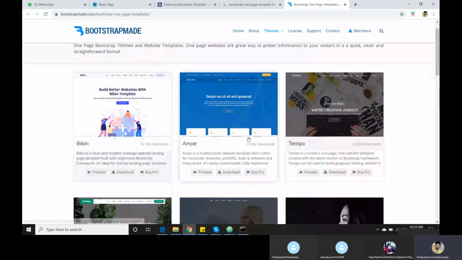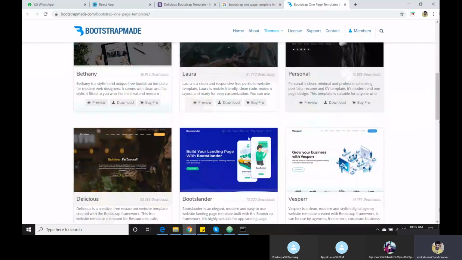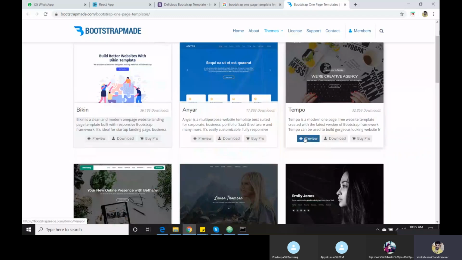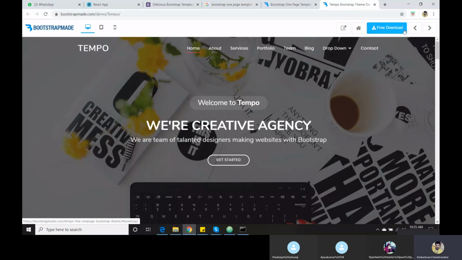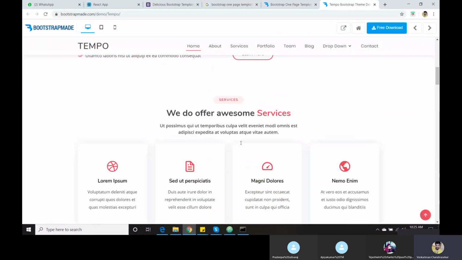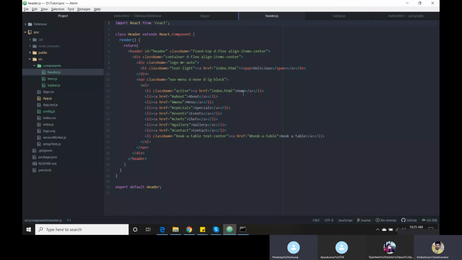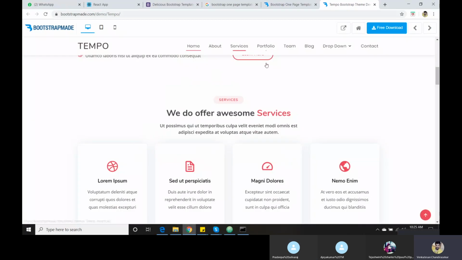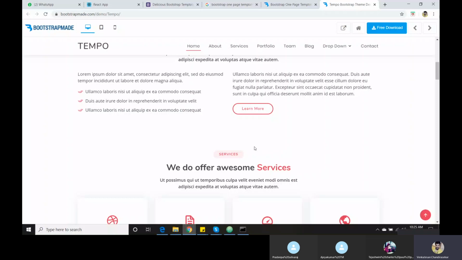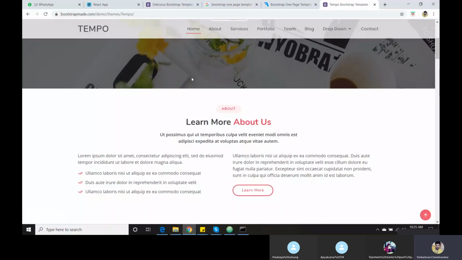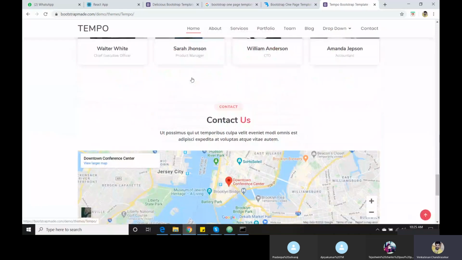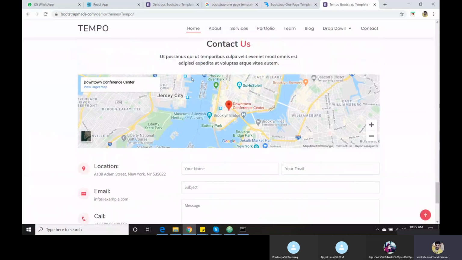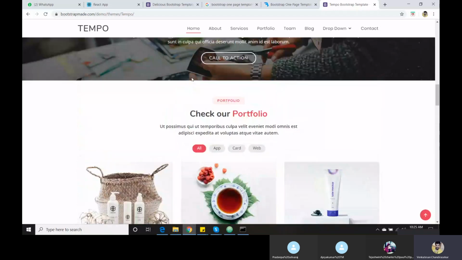Now if you click, it will show many templates. Everything is free, so no need to pay anything. Preview it, and if you like the design, then click the free download. It will automatically download to your folder. Then you can start playing with that one. This is a common way to download a Bootstrap template. You click here, then it will show. This looks good. You just do it, and if you have any issues, let me know, then I will probably help you find the issues.